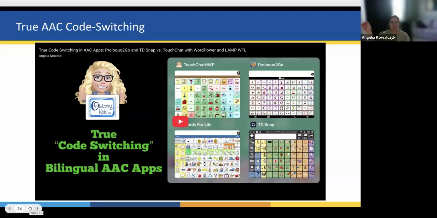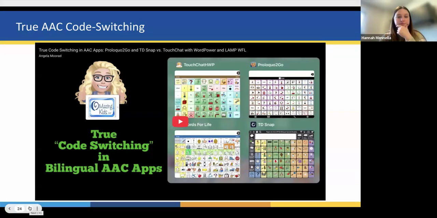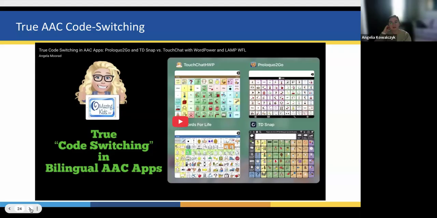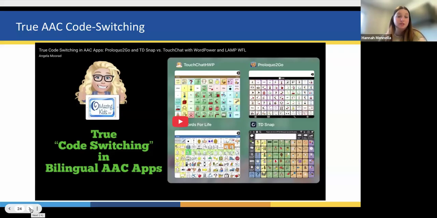Hannah, one thing I noticed, it was really easy to navigate between the two languages on the system. Yep, so that's one of the ones where there's just one button that's always going to be your language toggle. I saw in the chat someone asked, is it switching? Like Hannah was just saying, you can toggle back and forth between the two languages. Yep. So she starts out, I believe, in English, and you can see it looks very similar, right? The Spanish and the English pages look really similar.